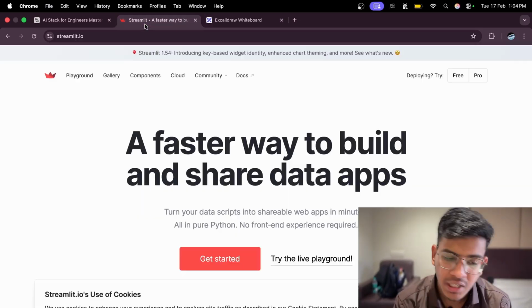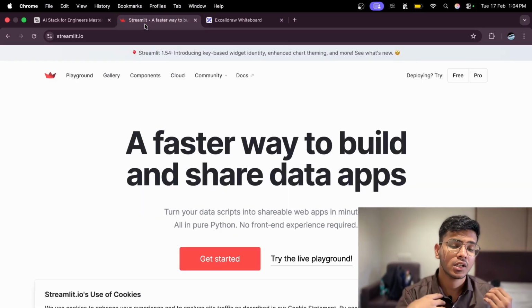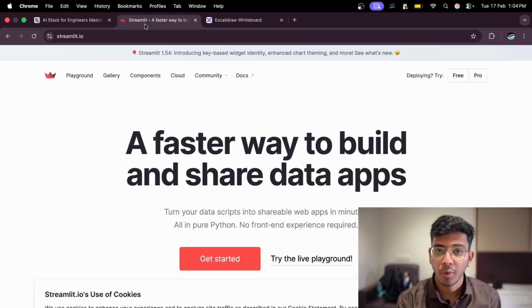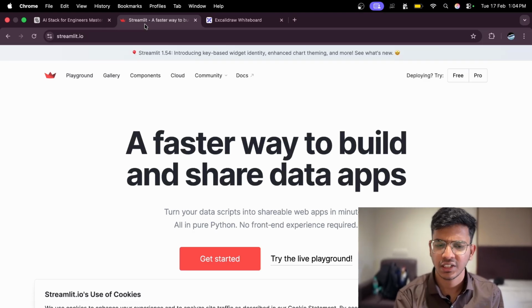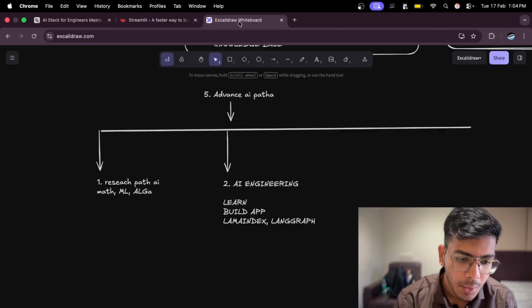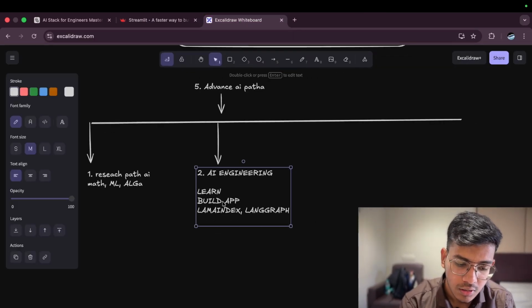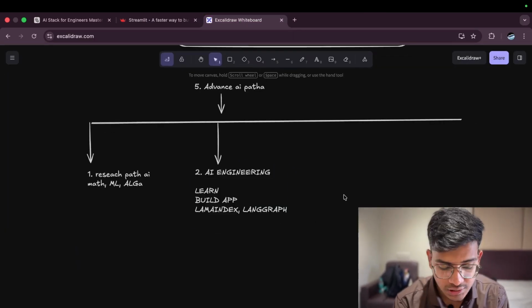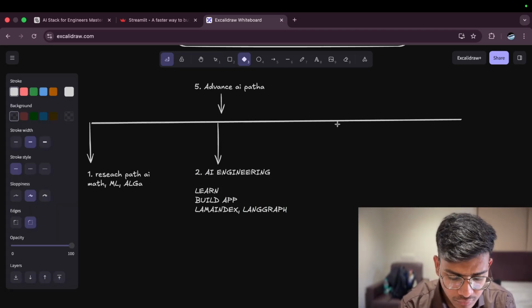We have platforms like Gradio, and Streamlit, through which you can deploy Python web applications very easily. I'm providing all the links in the description, but yeah, you can go ahead and experiment with it. So this is the second path, and the third path is